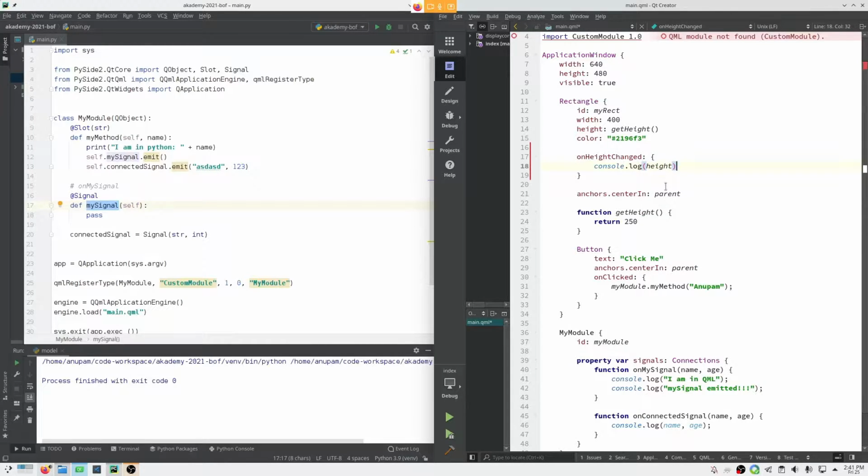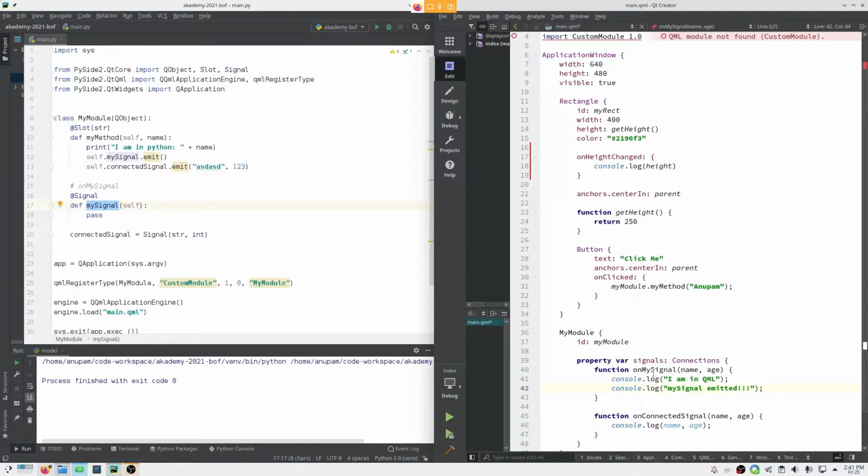What I'm trying to do is I set a width which is static, and I'm setting a height which is being set from this method getHeight. In the last session what we did is we called some method, and the method emitted some signal, and I just logged some values.